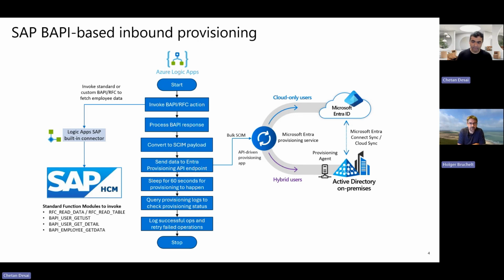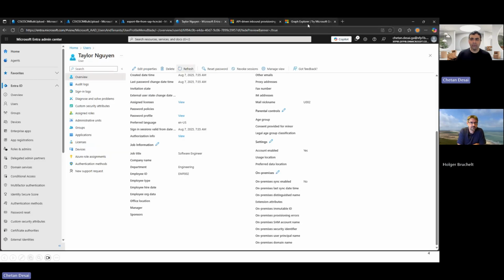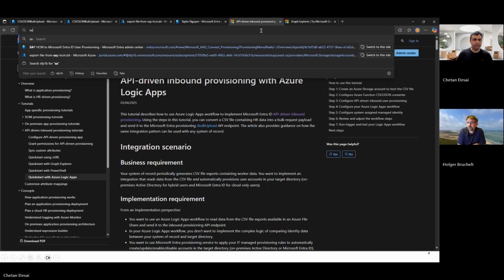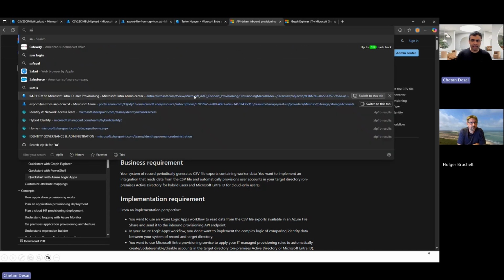Okay. Makes sense. Yeah. So this guidance, if I go back to our documentation, we have published. SAP HCM.